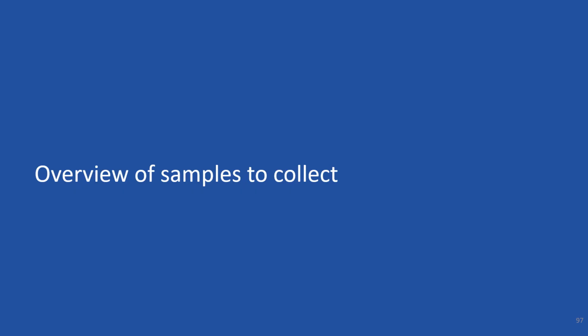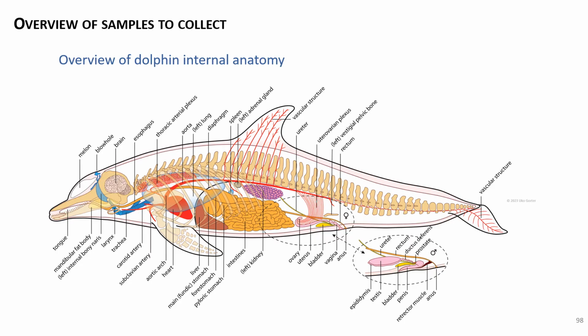Overview of samples to collect. And now let's take an overview of the dolphin internal anatomy. Let's start with the melon, and then the blowhole, the brain, the esophagus, the thoracic arterial plexus, the aorta, the lung, the diaphragm, the spleen, the adrenal gland, the vasculature structure, the ureter, the utero-ovarian plexus, the vestigial pelvic bone,